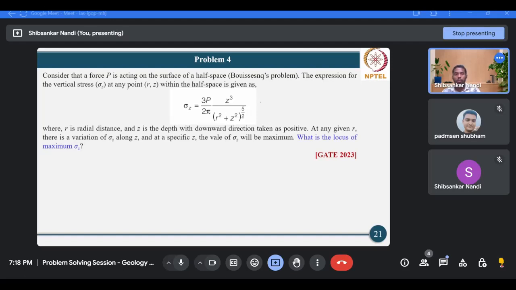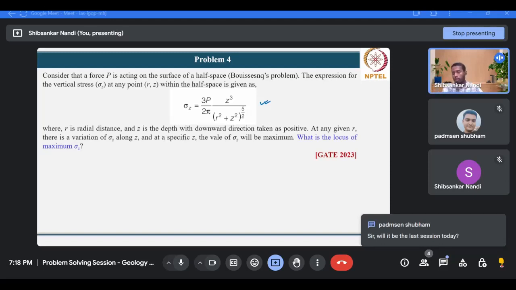So here in this problem, the vertical stress distribution is itself given in the problem statement. Where R is the radial distance, z is the depth with downward direction taken as positive. Now at any given R, there is a variation of sigma z along z, and at a specific z,